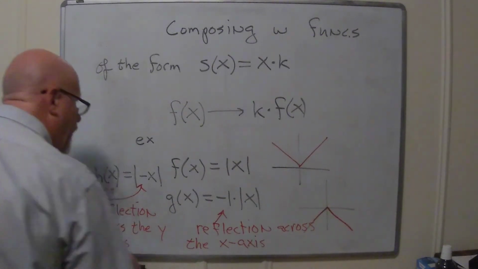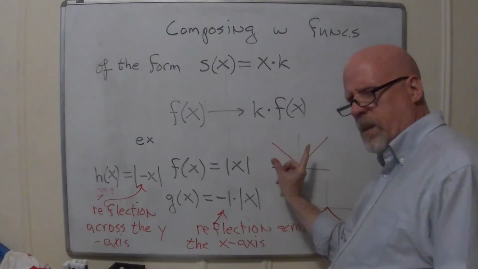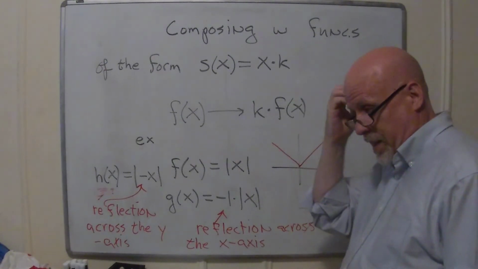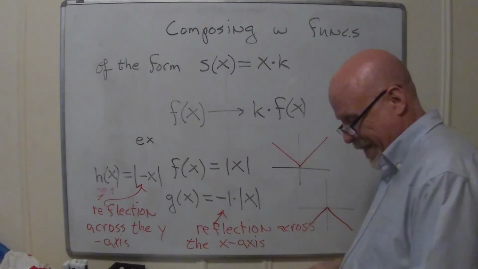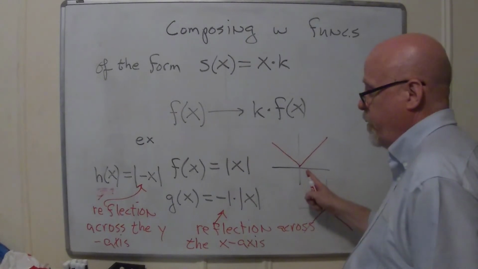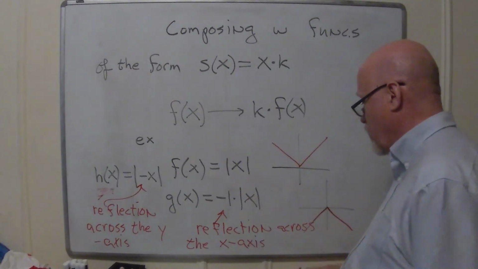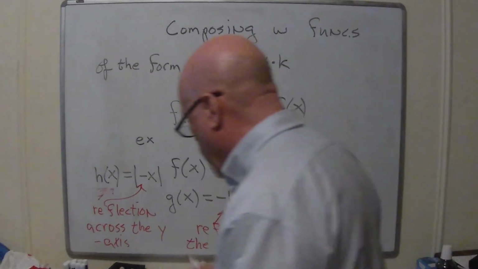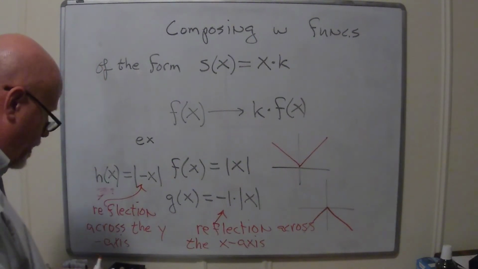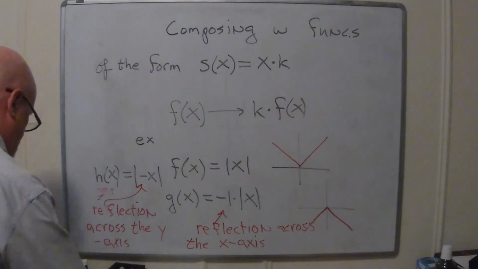And in this particular graph, if you think about what its mirror image in the y-axis is, it's the same thing. This line ends up over there, and this line ends up over there, but they land back overall, and you've got the same set of points. Okay, so that's a weird graph. It does nothing if you reflect it across the y-axis, but it does something fairly radical if you reflect it across the x-axis. We often look at these kinds of reflections and ask, does that change the graph or not? And if it does, or if it doesn't, it tells you what sort of symmetries are involved in the formula.